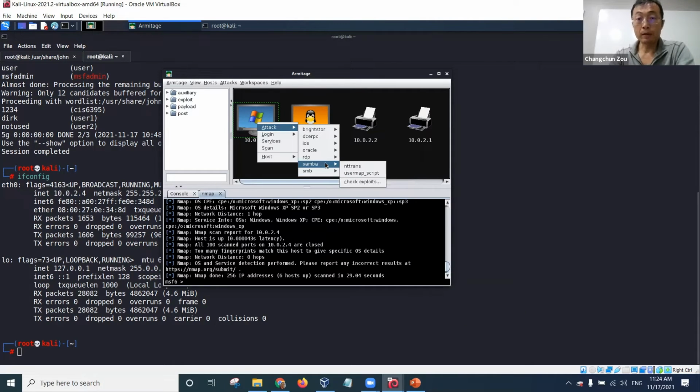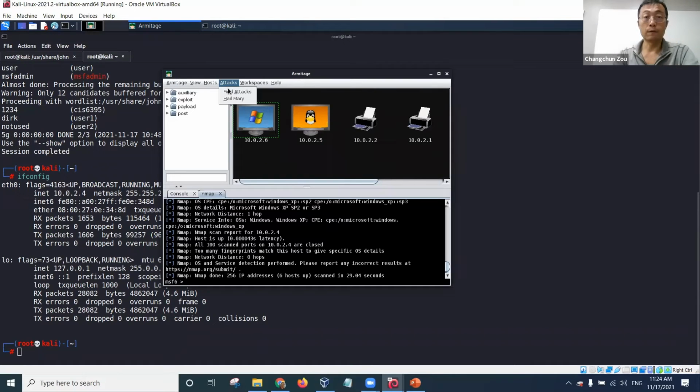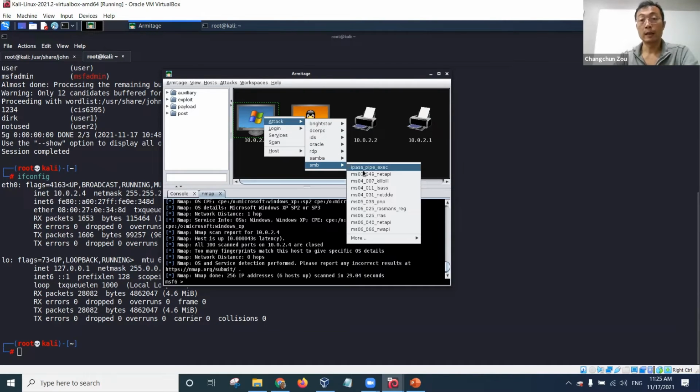And for the Samba service, there are two attack modules in Metasploit that attack this service. Here, just some other attack module. So basically, this find attack is doing an action like querying the database, getting all the attack module information out and putting it in this menu. After that, the attacker can choose any one of these attack modules to try to